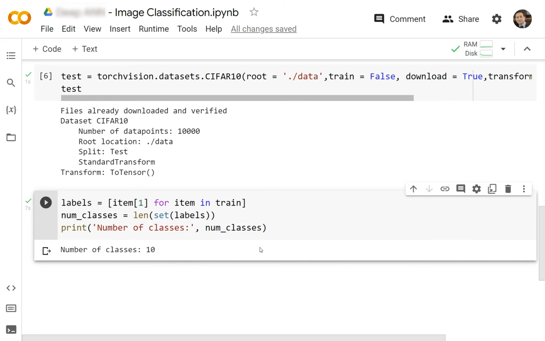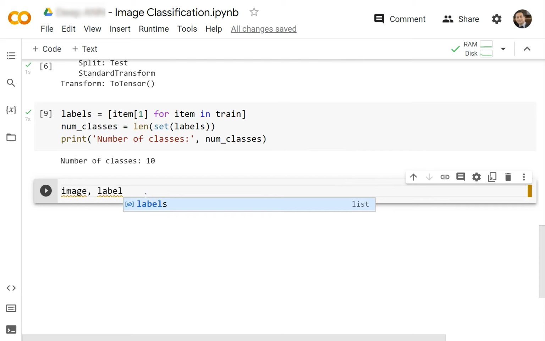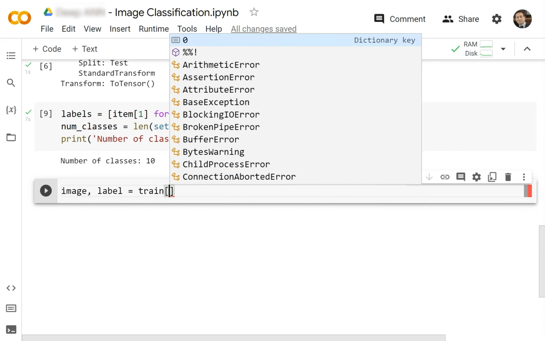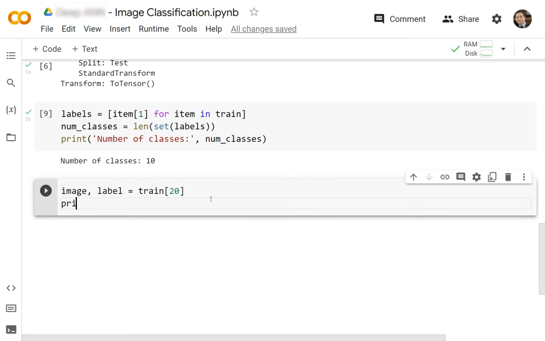Another thing that we want to check, and it is very important, let's create another cell, is checking out the shape of each image to give us some information about the image. Let's, for example, do it like this. Let's say image, and let's also get the label as well. Image and label is equal to, in the training set, for example, let's say we want to check out image number 20. It will actually extract the image and label of train number 20 and save it for us. And we can simply print out,